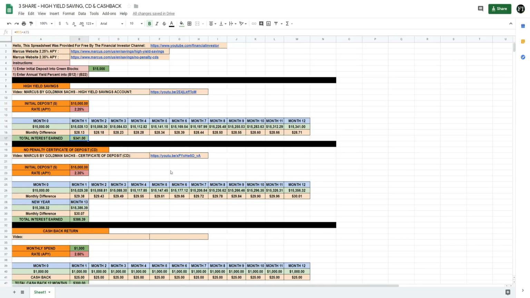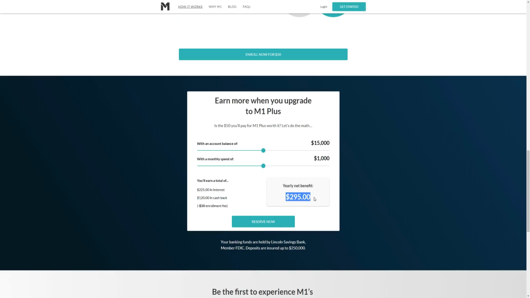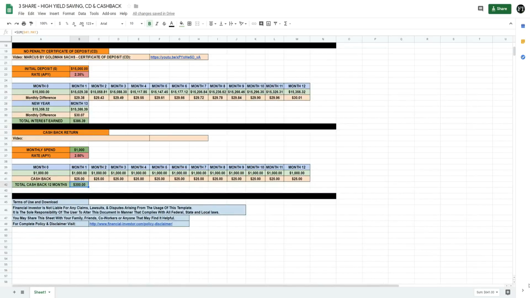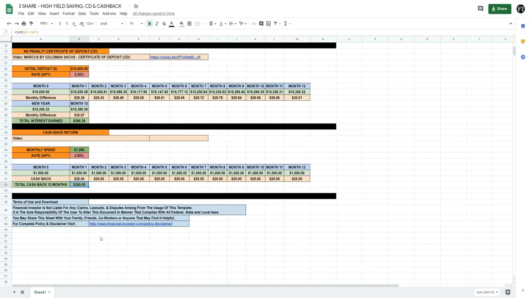$341. Now, $341 plus this $300, that's a total of $641, and there's absolutely no fees attached to this specific thing. So instead of bringing in $220 my second year or $295 my first year, I'm instead bringing in about $641 based off initial deposit of $15,000 in a high yield savings, and if I just continue to spend $1,000 per month with my annual percent cashback return of